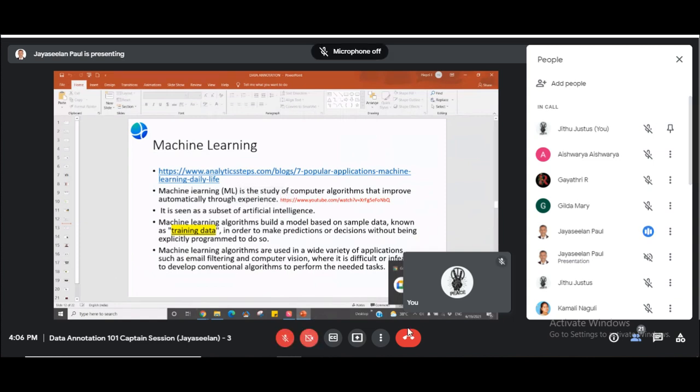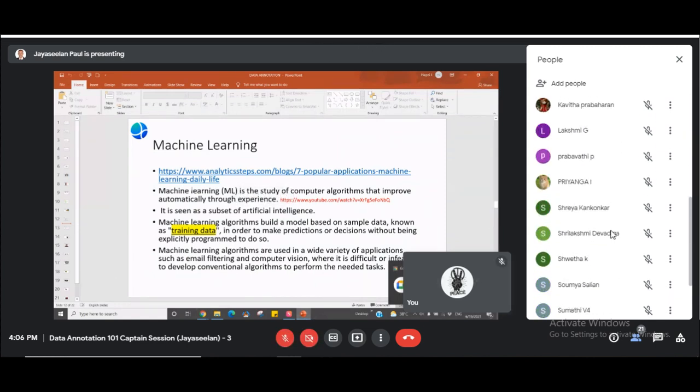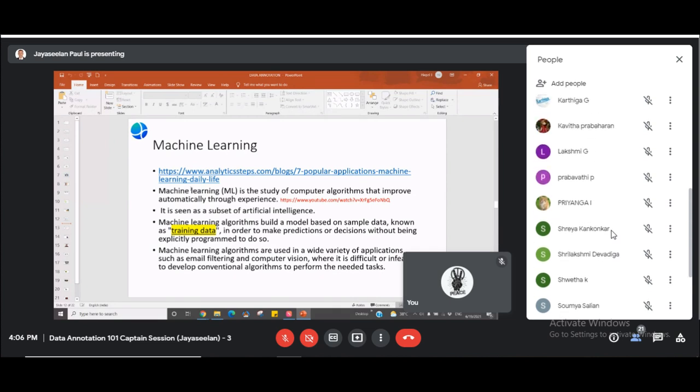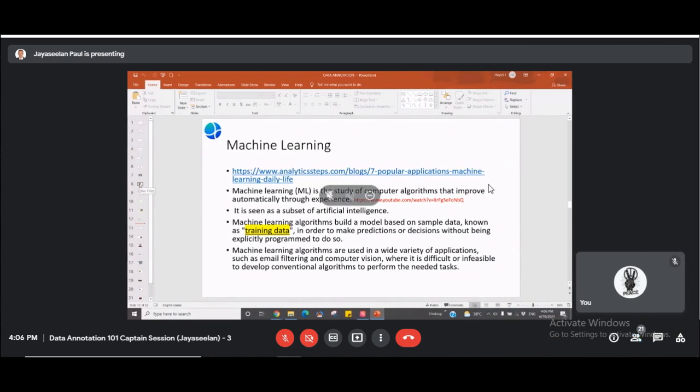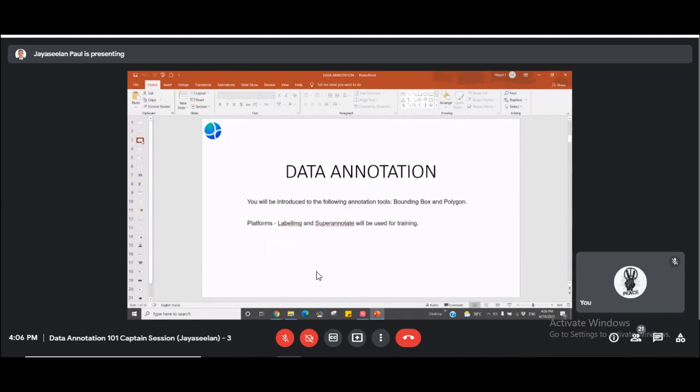So data annotation is annotating or labeling the data type that we have. For this course 101, we are going to do only data annotation of images. We will be introducing you to 2 data tools and 2 platforms. Last week and this week we are going to work on the tool called Super Annotate. Last week we had you do an assignment on Super Annotate with bounding box, right?